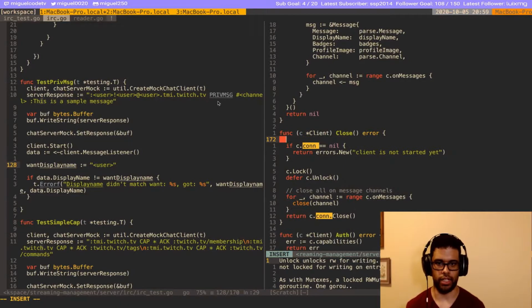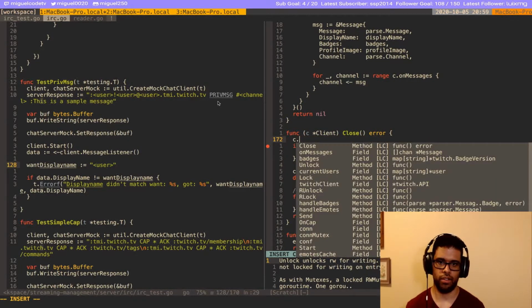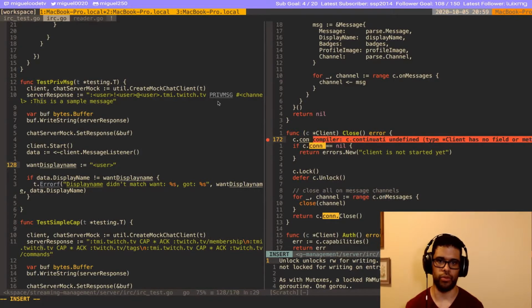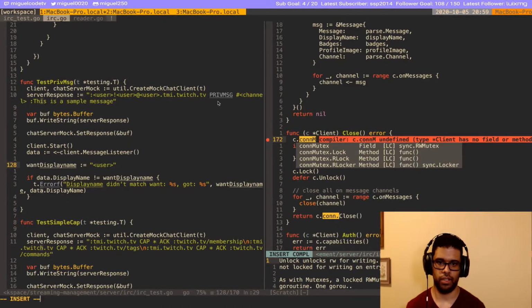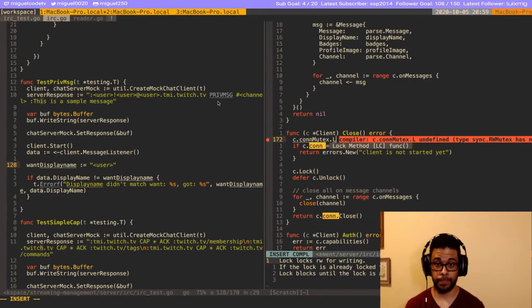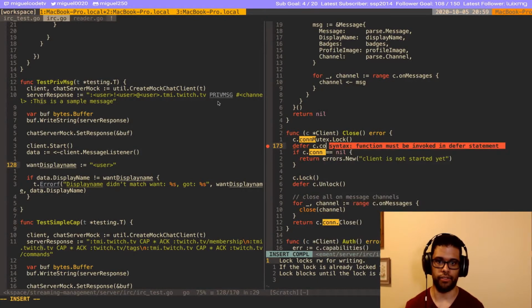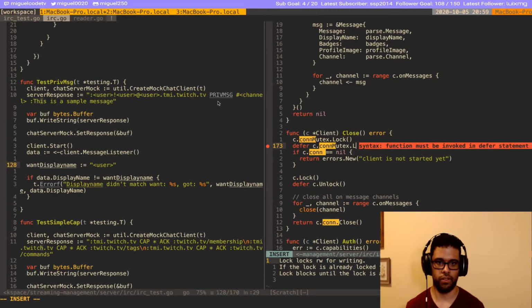We should take a lock here, on connect, because we're using the connection here again, so we want to make sure the connection is not being used. And we are going to just take a lock, and then we're going to defer the unlock. So we're going to unlock after we're done with the function itself.